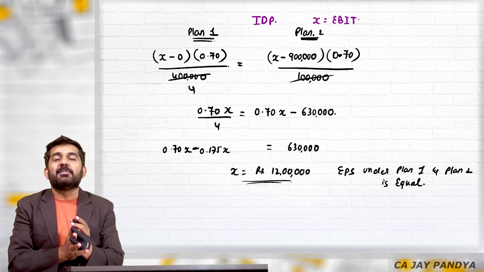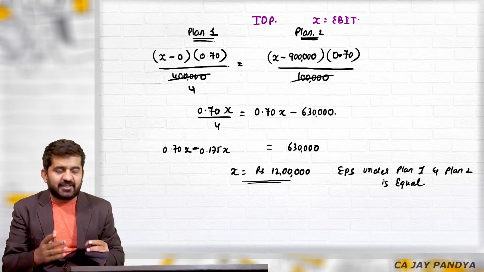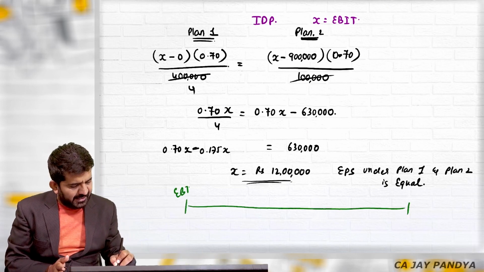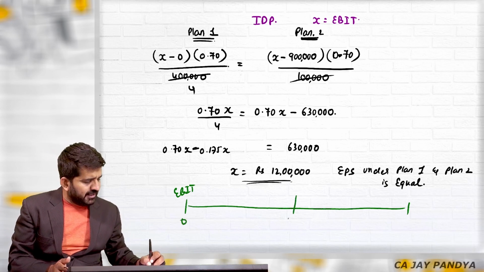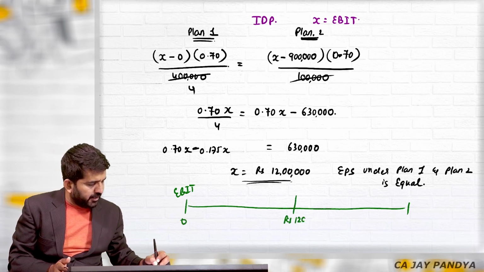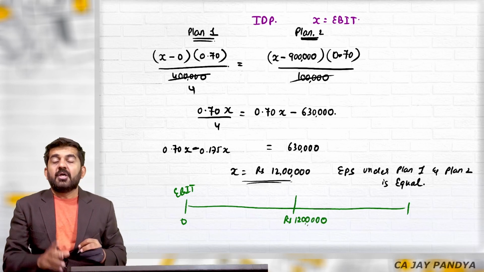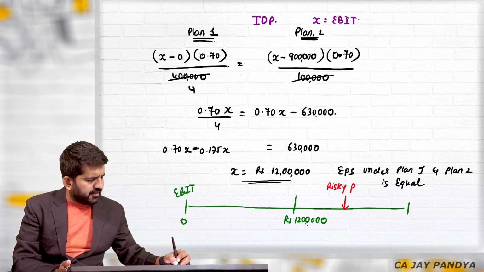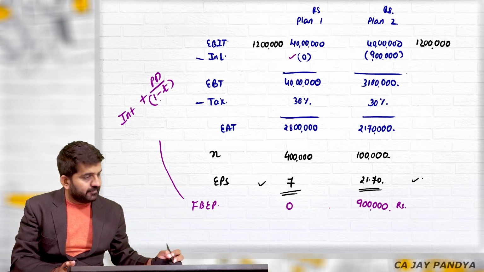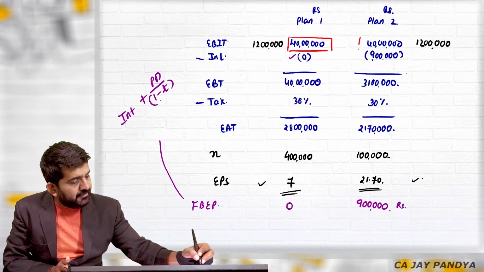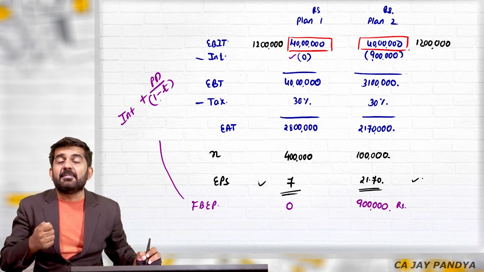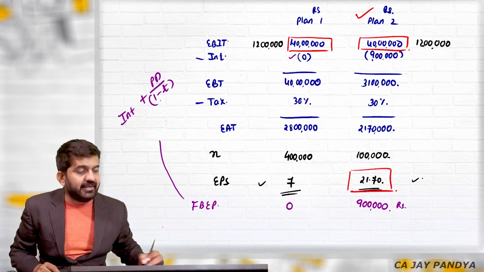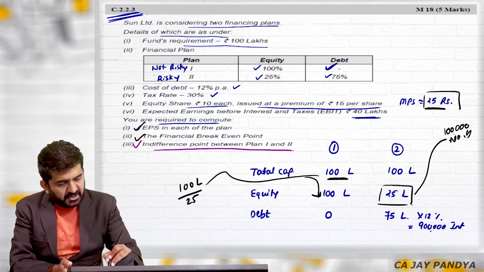Let us also understand EBIT EPS indifference point, which is not required in the answer in examination, but let us just have a look at it. If my EBIT starts from 0, this is EBIT EPS indifference point, which is 12 lakhs rupees. If your expected EBIT is over here, you should go for the risky plan. In this case, what was your expected EBIT? 40 lakhs, which is greater than the EBIT EPS indifference point. Yes. Then believe me, the risky plan will always be selected. Plan 2 is a risky plan.